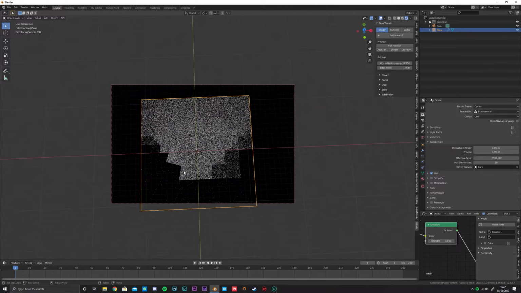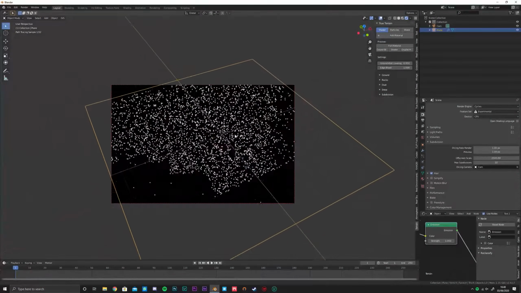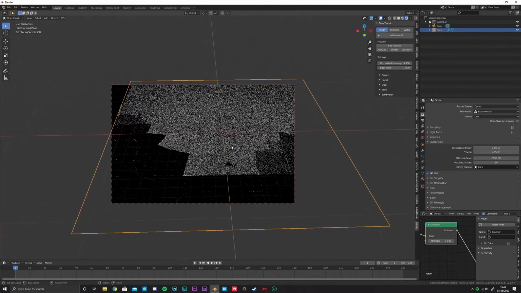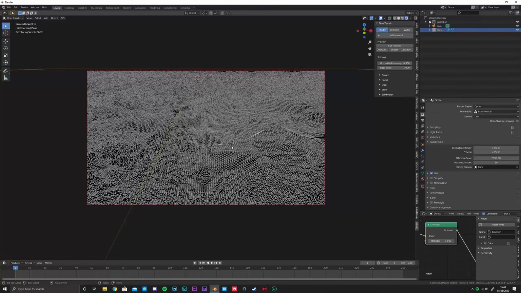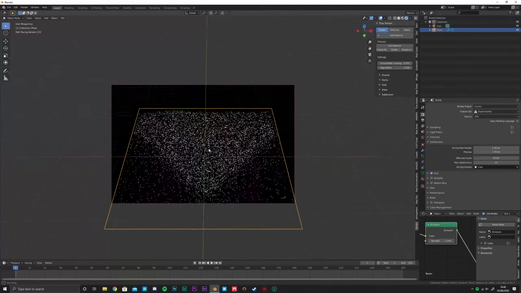And here we go. We can see what the camera views is tessellated, and what the camera cannot view has less tessellation. This setting works in conjunction with the camera's focal length, the maximum subdivisions that you are allowing, and the off-screen scale. So if we put that on 50 and just reset the mesh, if I double tap and edit, and come back out, we will see that we now have a less jagged